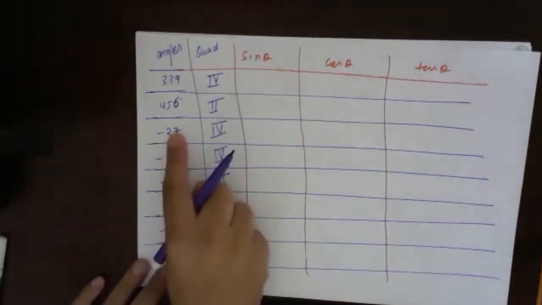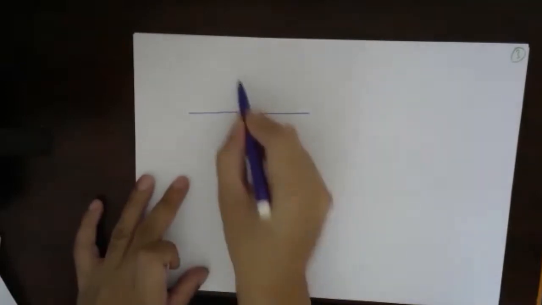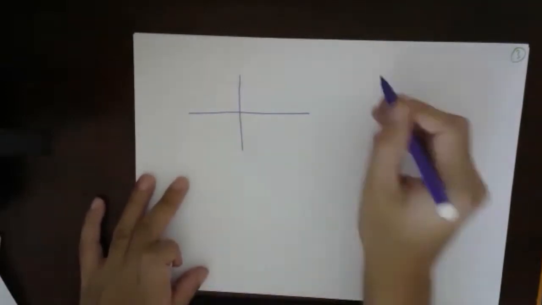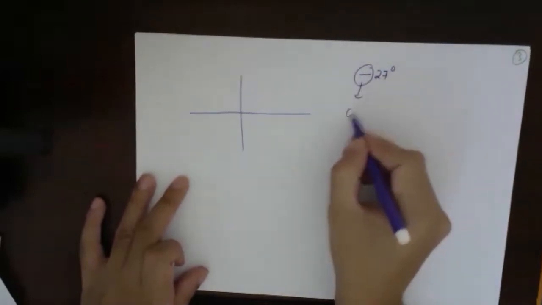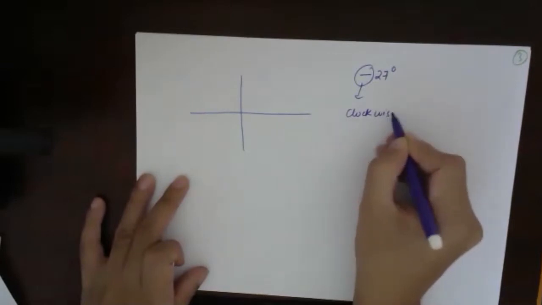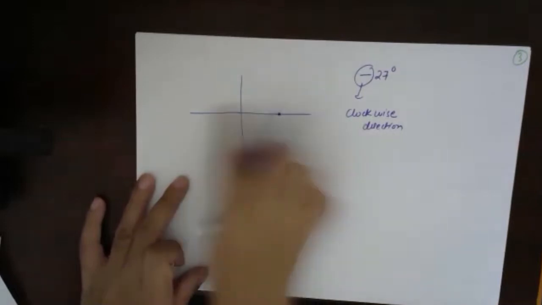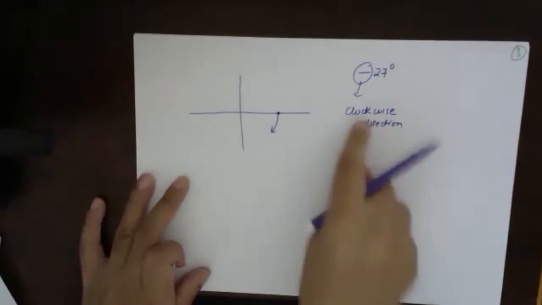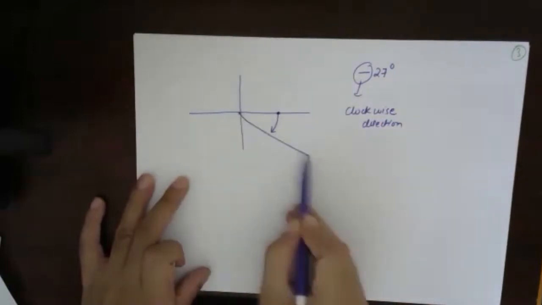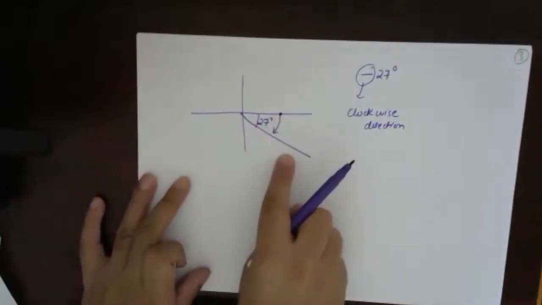I will explain minus 27 first, as one of you has asked. Minus means clockwise direction. Minus of 27 means this is in clockwise direction. We will start from here; any point you can take on the x-axis. That means from here you have moved in the negative direction, by 27 degrees, somewhere here. That means you are in the fourth quadrant.